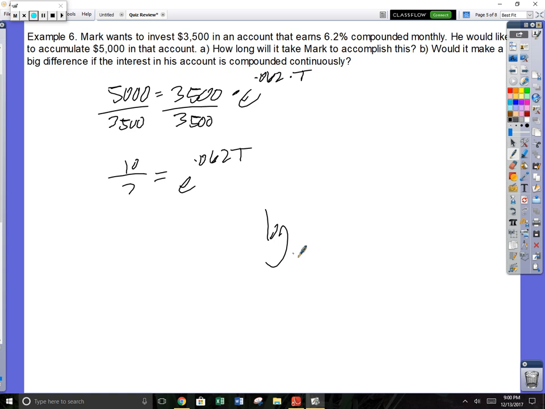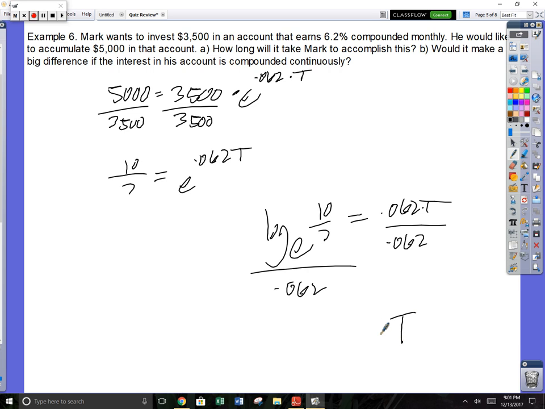So it's going to be log in base E of 10/7 equals 0.062 T. Solve for T. Divide that number by 0.062. Whatever that number is, do that first on your calculator. Then divide that by 0.062. And the time is approximately